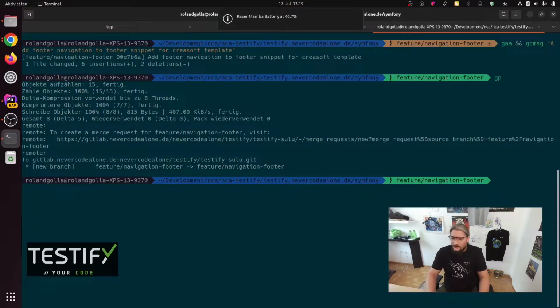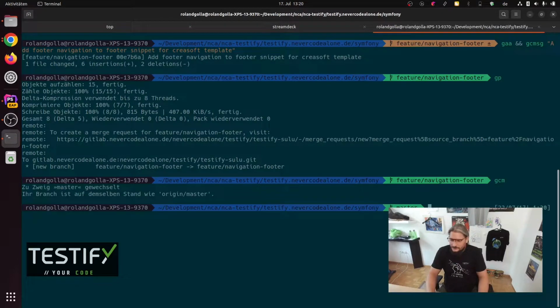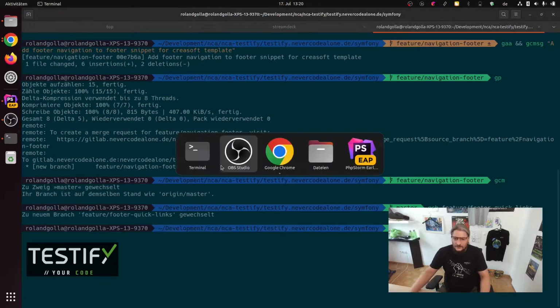This is our last push. So I say git checkout main, and then git checkout branch feature footer-twig-links. Then I go back,